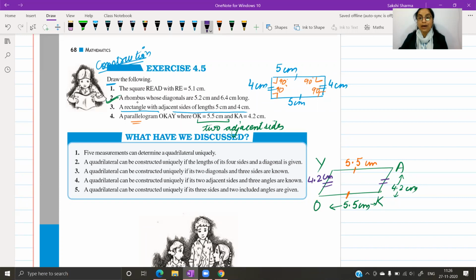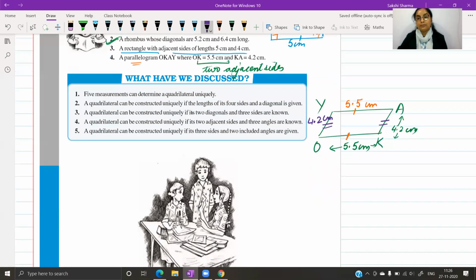It could have been either one of the angles, or it could have been one of the diagonals, or they could have given us both the diagonals. Then we could have worked it out. But right now, looking at these 4 lengths, can you say we can draw a parallelogram? There can be infinitely many pairs of angles making a parallelogram with the given sides.